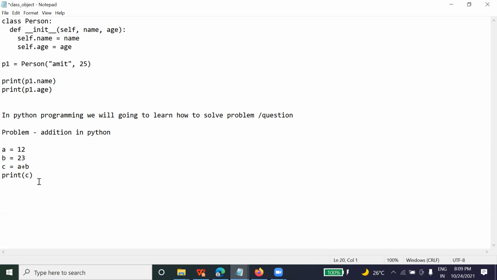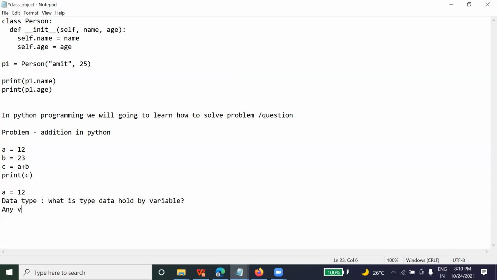One more thing I wanted to tell you. Suppose A is holding a value like this, then what do you call the data type? Data type means what type of value is held by any variable. Note down this definition and remember it every time. Data type means the type of data held by a variable.